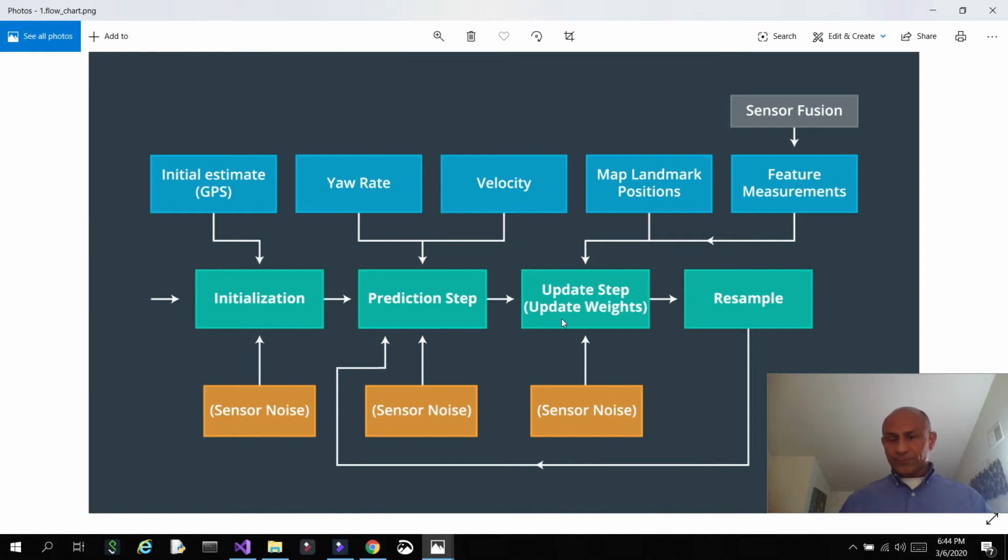So first of all, we are passing the map landmark positions. Landmarks were the small circles that we saw on the periphery or along the path of the self-driving car, and the sensor measurements through the simulator to update steps. So it's typical Bayesian prediction update, and the update is happening based on the new measurements that are coming in